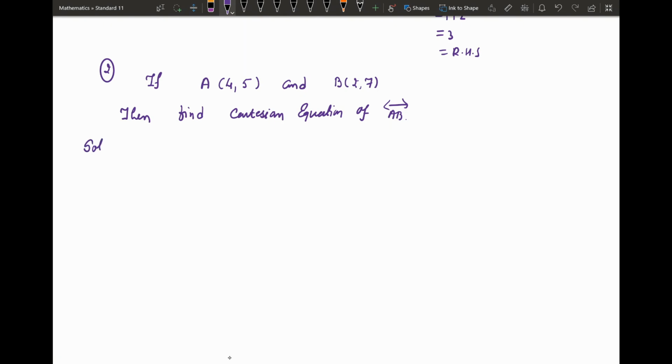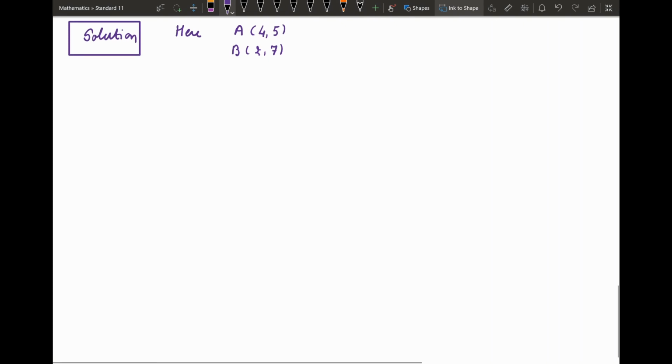So let us discuss the solution. Only we are discussing the basic concept. So here A is (4, 5), B is (2, 7). So the Cartesian equation of line AB is given by the determinant